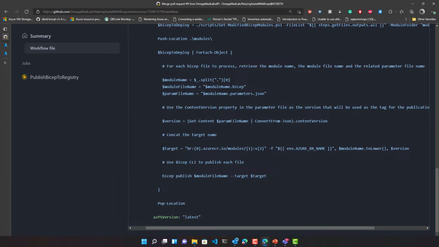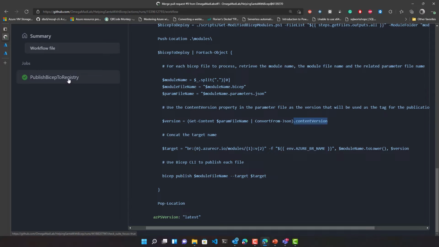And this is the name of the module we want to push into the registry, that is composed by this prefix that is BR, then the name of the Bicep registry we are targeting, and then we need to specify the module name and the version of the file. The version, as you can see here, is retrieved from the parameter file inside the content version property.